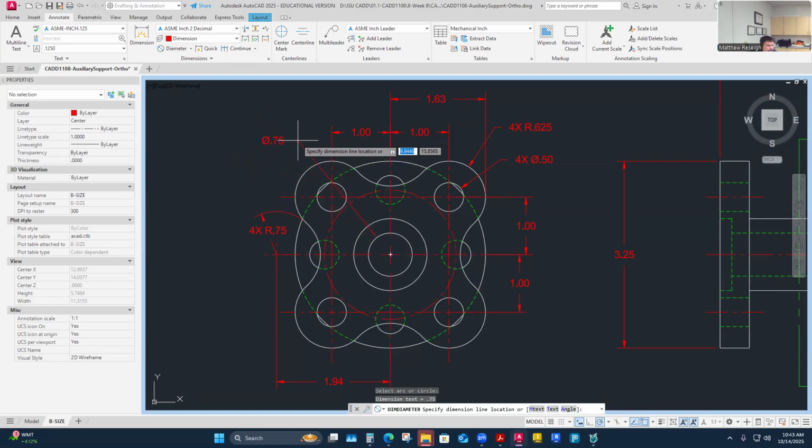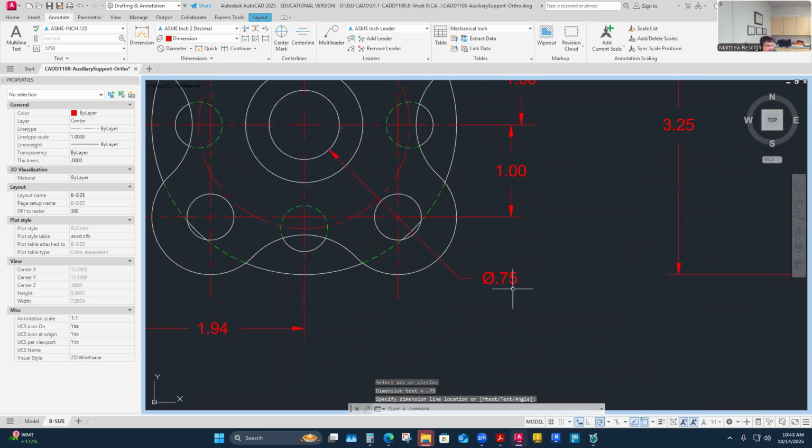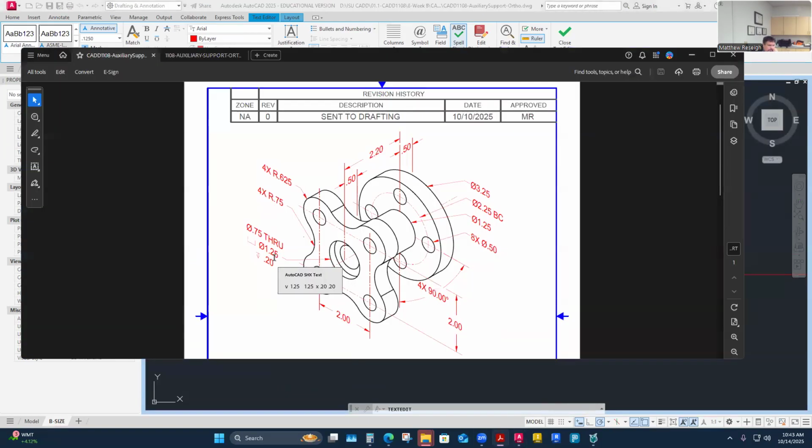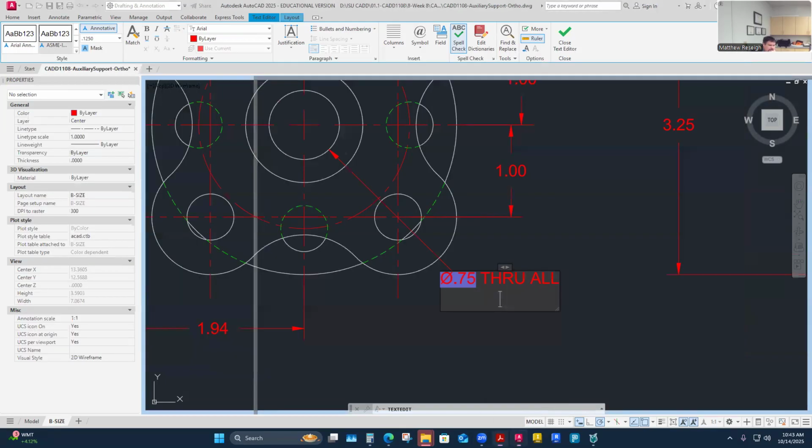I don't know where this is going to pull originally. I think I'm probably going to pull maybe down here, actually doesn't look too bad. Then I'll modify this dimension. I don't really need to add any to that, I just need to add some descriptions. Through all. Next line down, I'm going to put the diameter of the counterbore, which I can't remember. Is it 0.125 is the counterbore and then 0.20 deep. So I'm going to add those and then I'll go get the symbols from the symbols library. So through all,